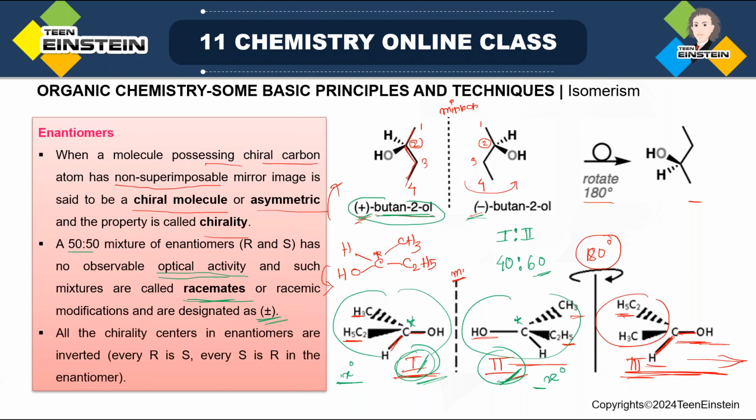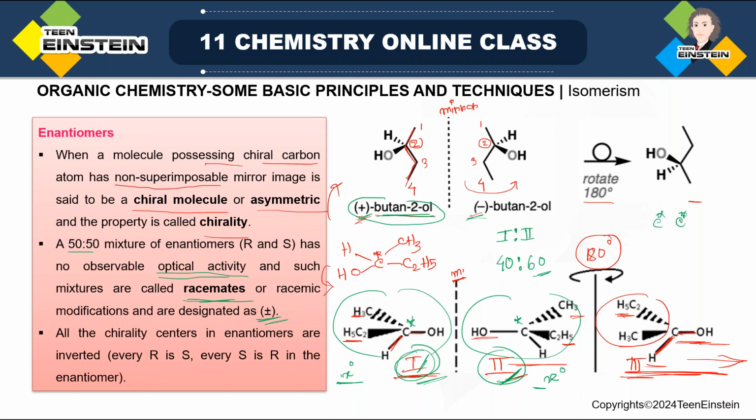All the chirality centers in the enantiomers are inverted. Suppose there is more than one chiral center, it may happen. So when there is more than one chiral center, and if you are considering its enantiomer, or you can say its mirror image, then all the R will be changed to S and all the S will be changed to R. So suppose there are a total of 3 chiral centers in any molecule,